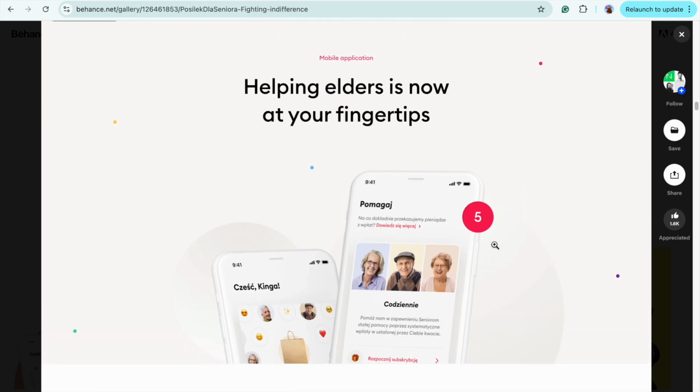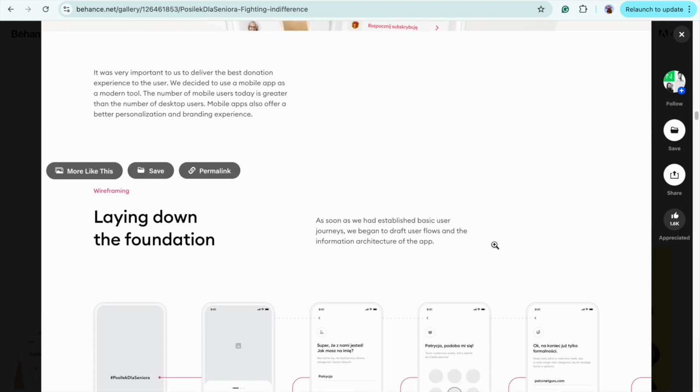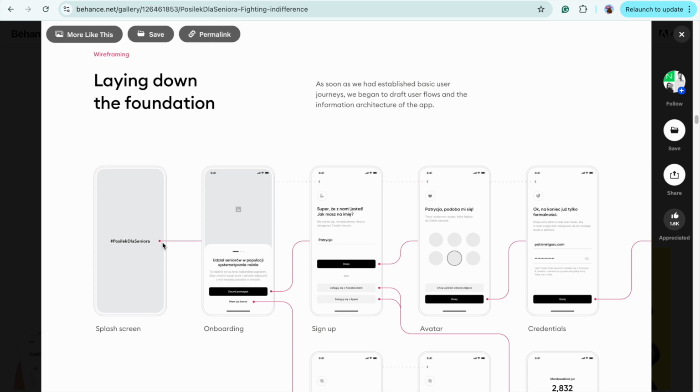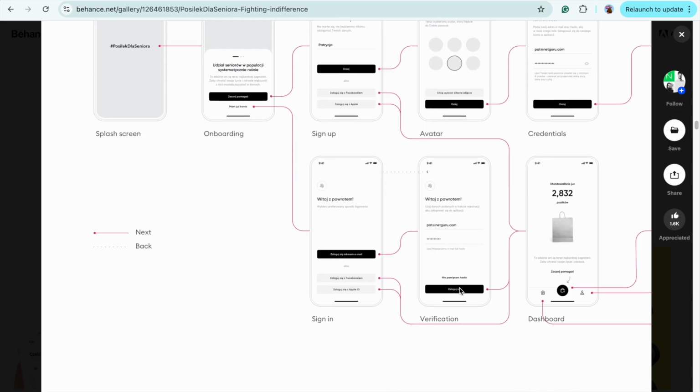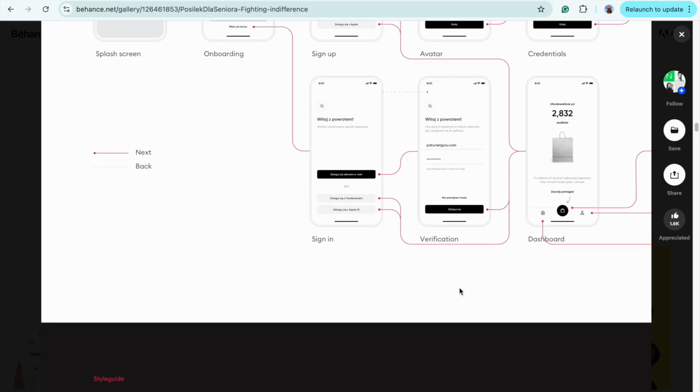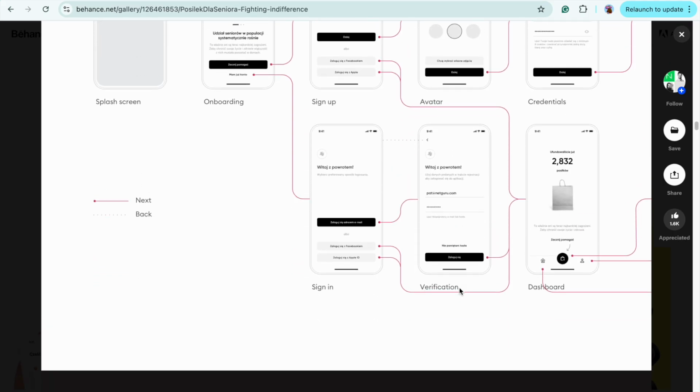And here comes the mobile application which they have designed from the wireframing stage, where the user can click like this. So after the click, after a delay itself, since it's a splash screen, it comes over here, and then if the user clicks this, it directs to this page. If they click skip onboarding, then it directly goes to this page. So they have just annotated it in this way. You can even add some of the major screens like this,